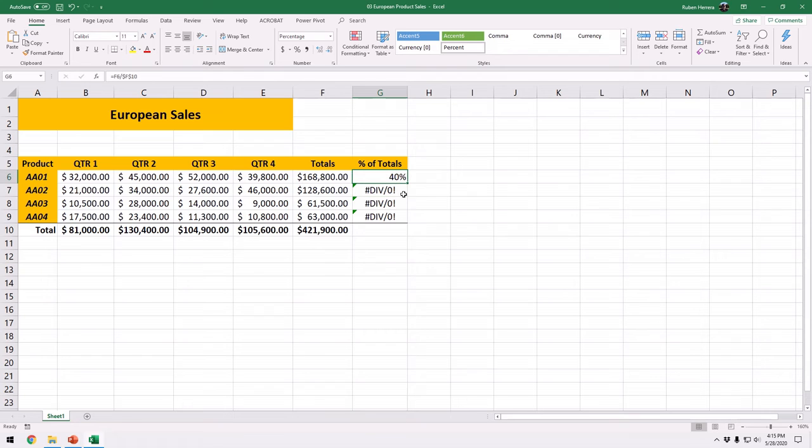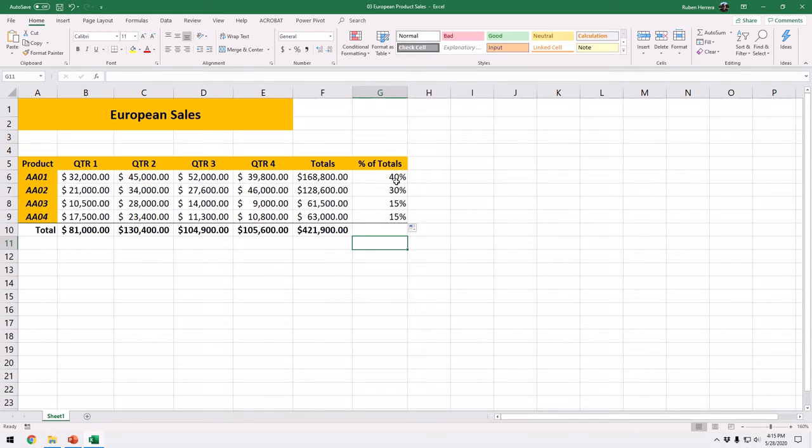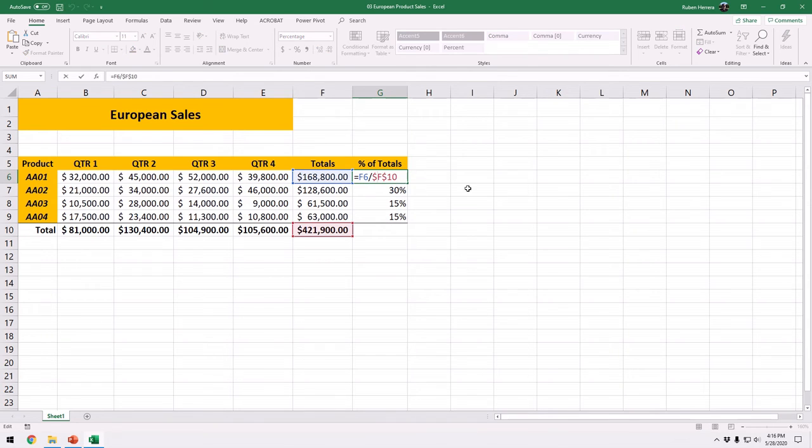Very nice. Now I'm going to take this for a test drive. Like that. Very nice. So it looks like the first product represents 40% of our total sales. The next product, number 2, represents 30% of our sales. And products 3 and 4 both represent only 15% of our sales. Okay, very nice. And this was the formula,